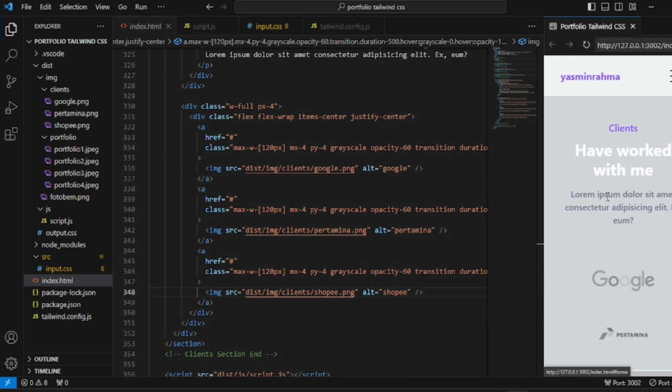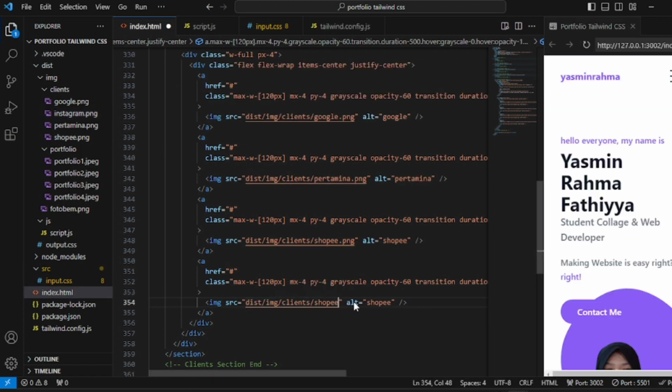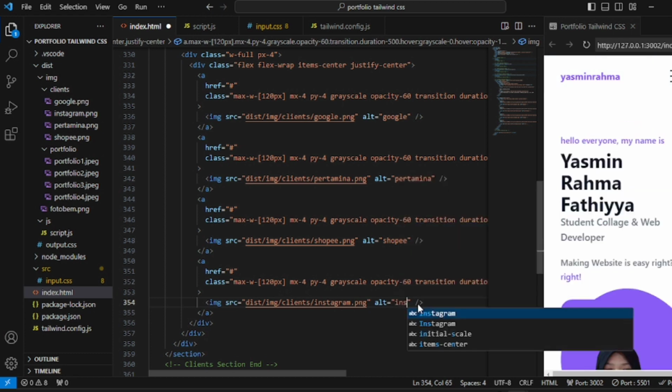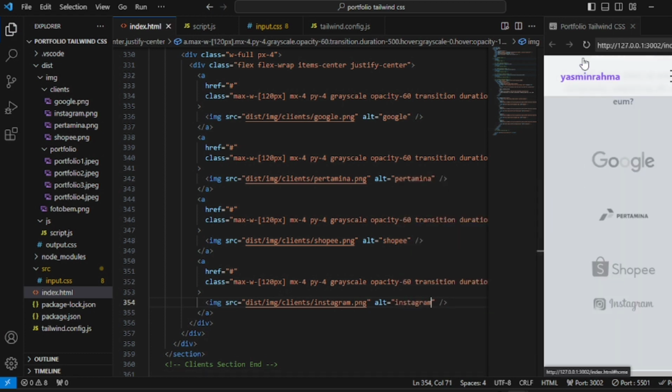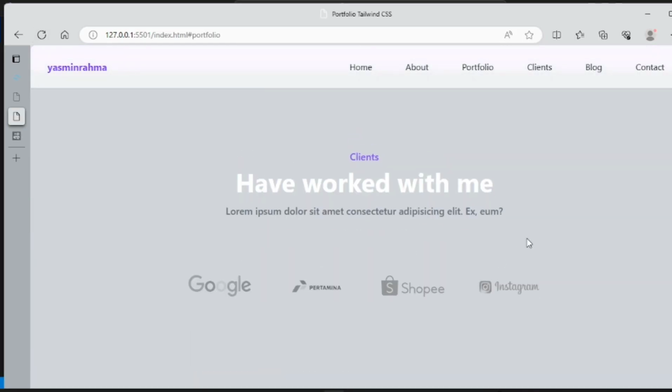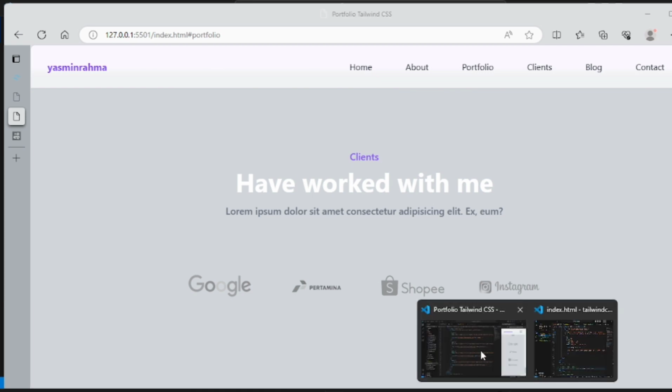You can save and see. It's Instagram, and it's already done like this, and right here is like this. It's going to be 4,